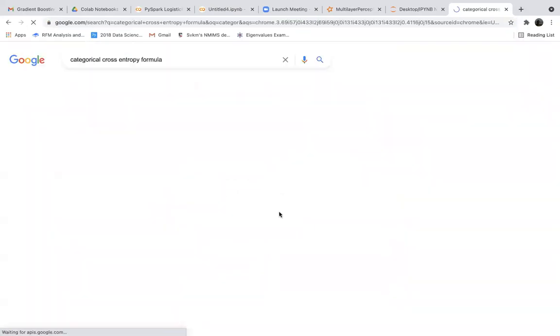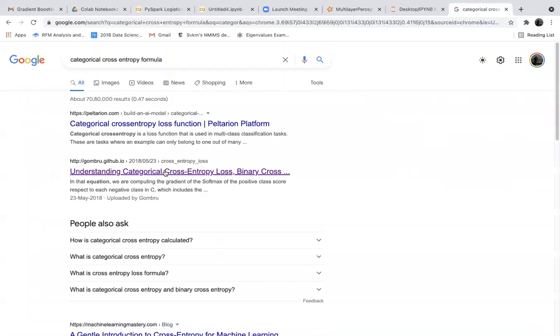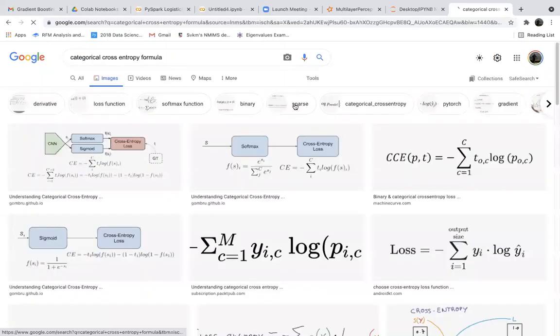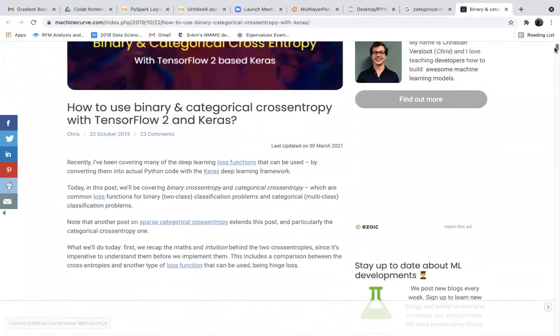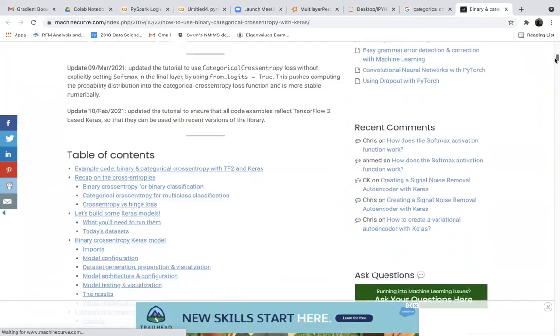There is a formula for categorical cross entropy, which is different from your normal entropy. It's an extension of binary cross entropy. We can't use binary because our data is multinomial, right?